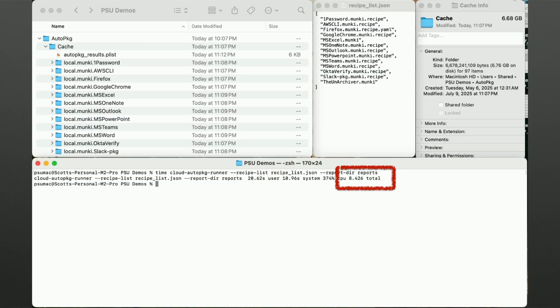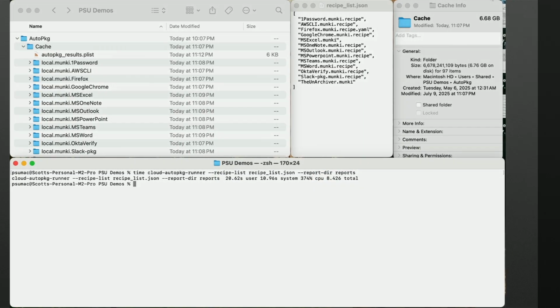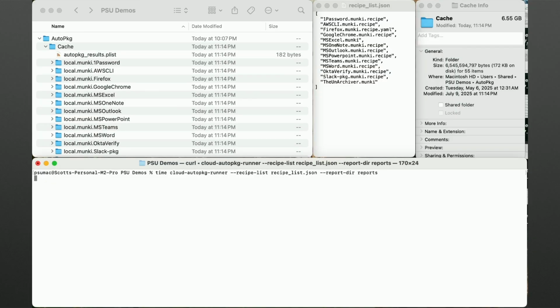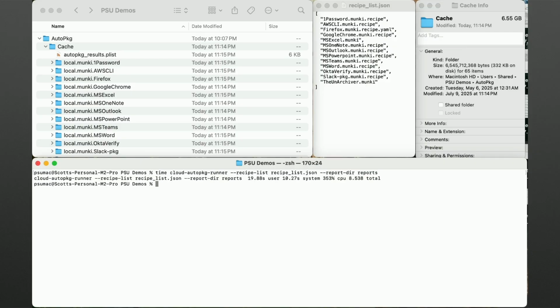Like I said, the cache is still intact, so that's sort of expected. That's kind of the purpose of the tool. So let's see what happens when that cache doesn't already exist. So here I've emptied out that cache directory, and we're going to run it again using the metadata cache.json file for its cache this time around. And I'm going to wait because it's done already. This one took 8.5 seconds, which is a little longer, but I mean, who cares?